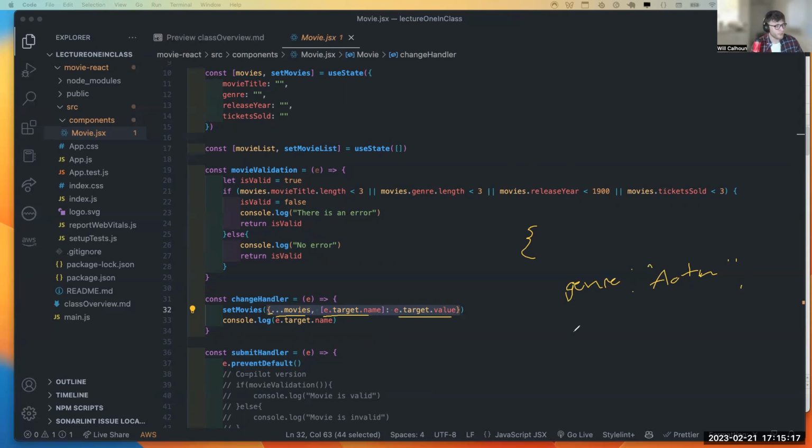Maybe we've got release year. I'm just going to put RY, maybe 1990. And let's say, again, I'm changing my movie title. What this is doing is just saying, okay, give me all the stuff that I currently have, lay out the object of what I currently have. Then I want to add this key. That's what this comma is doing, saying, cool, now let's add this key, which we saw that our e.target.name